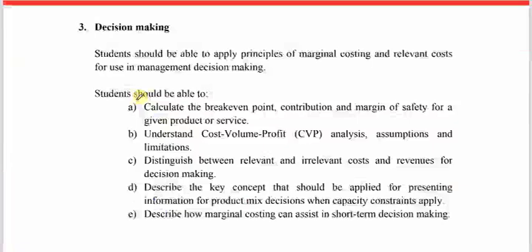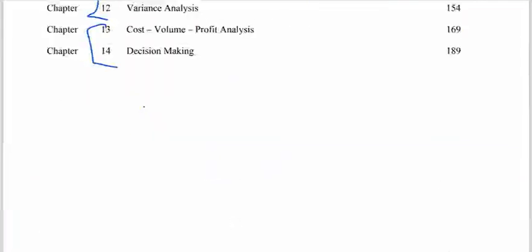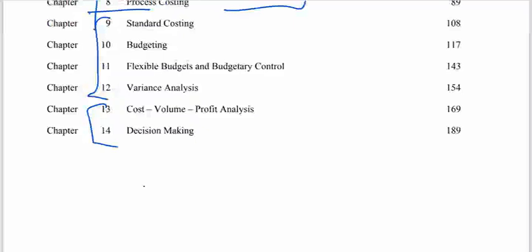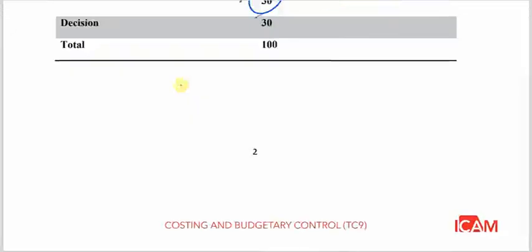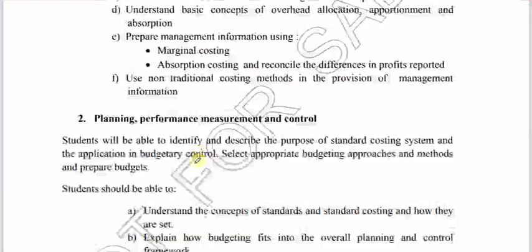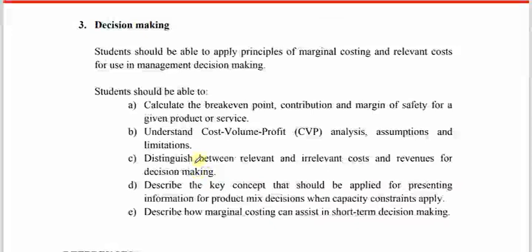30% overall. And lastly, decision making is covered in the last 2 chapters: cost, volume, profit analysis, CVP, and decision making, and it covers an overall weighting of 30% in the exam. And basically, you are supposed to know the following. Students should be able to apply the principles of marginal costing and relevant cost for use in management decision making. Students should be able to calculate the break-even point, contribution, margin of safety